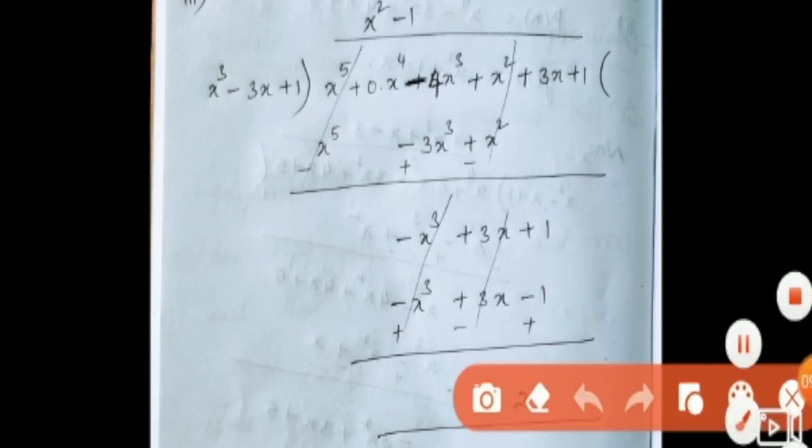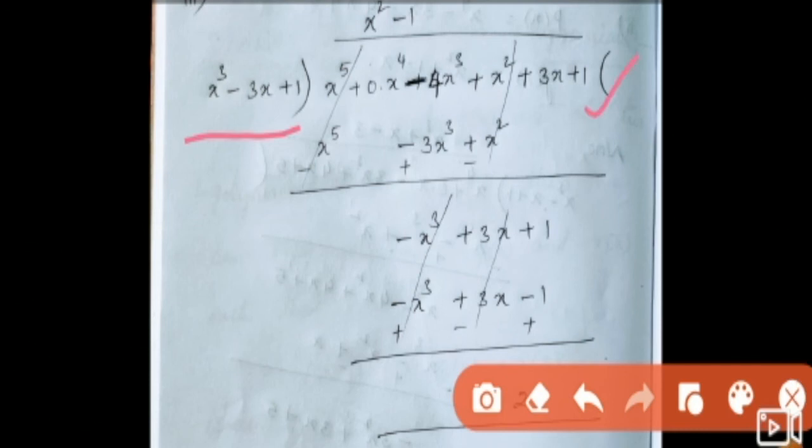Okay, here is the first polynomial and this is the second polynomial. As per the degree, x to the power of 5 is given. Next, minus 4x cube, x square, 3x plus 1. The x to the power of 4 term is not there, so whether you copy it or leave it, it is better to copy it here without confusion. You can copy x to the power of 4 as 0 into x to the power of 4, 0 only we get. So we can copy like that.